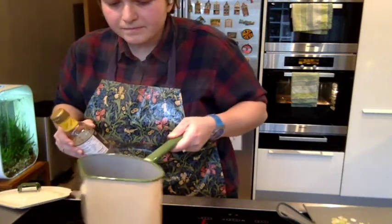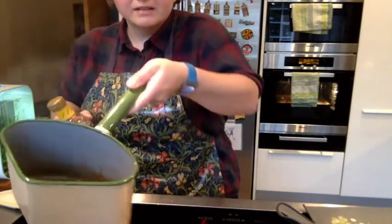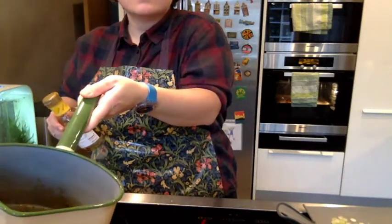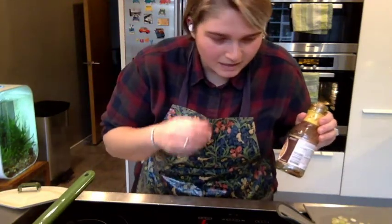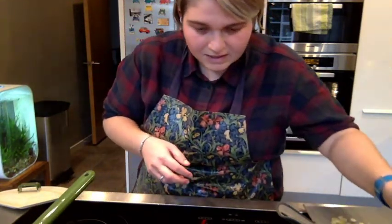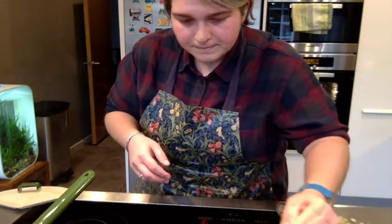Okay, so she's still reducing. I've put the green onion in there just so it takes away a little bit of that bite and imparts the flavor into the sauce. And yeah,